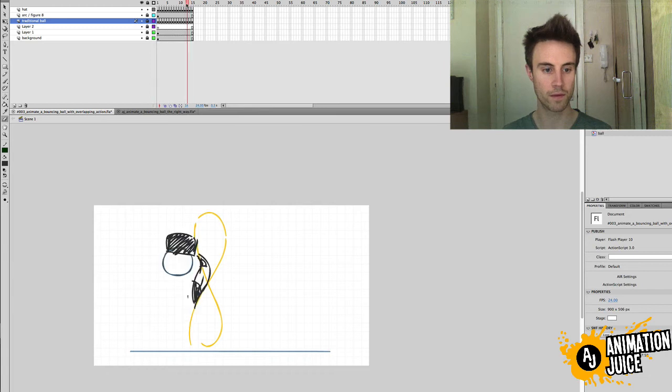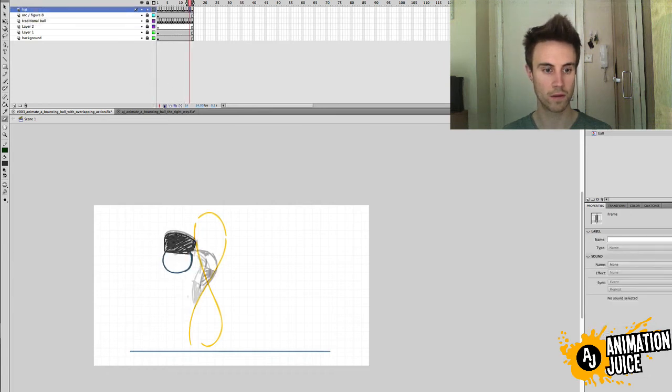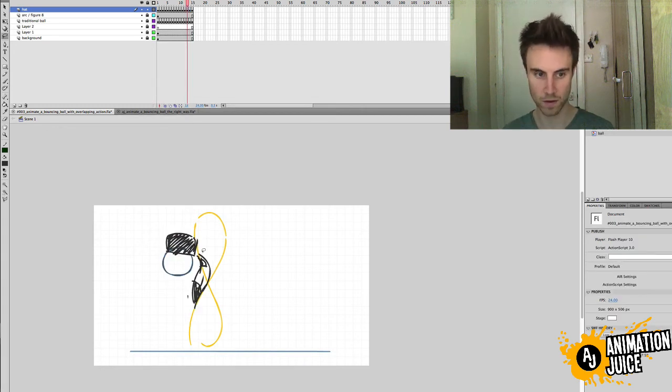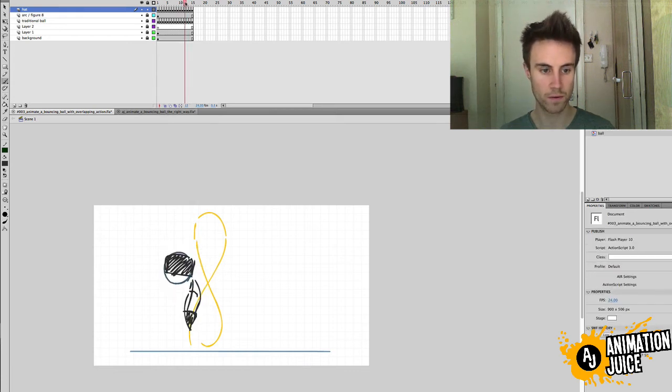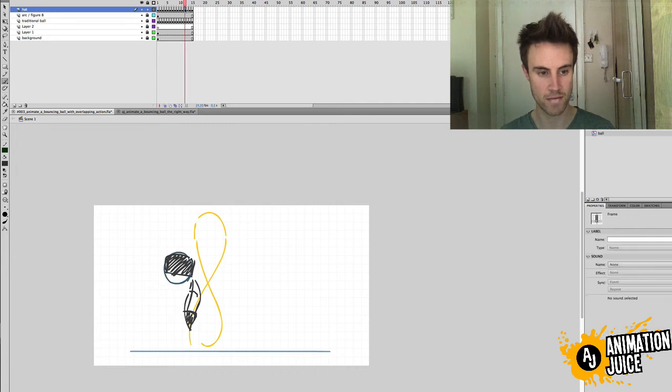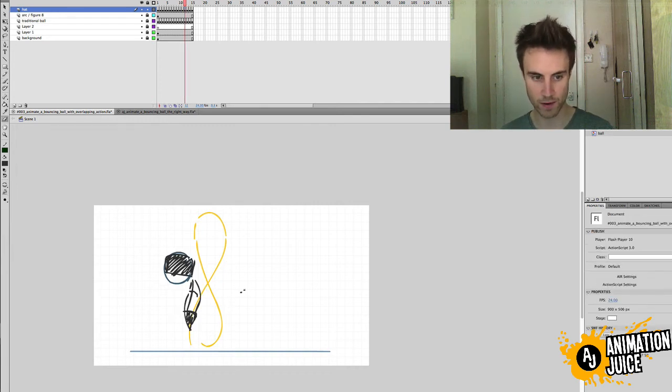I've got a feeling that this one wants to be that. There's no change in that one. Now, I think this is one of our earlier frames, so let's